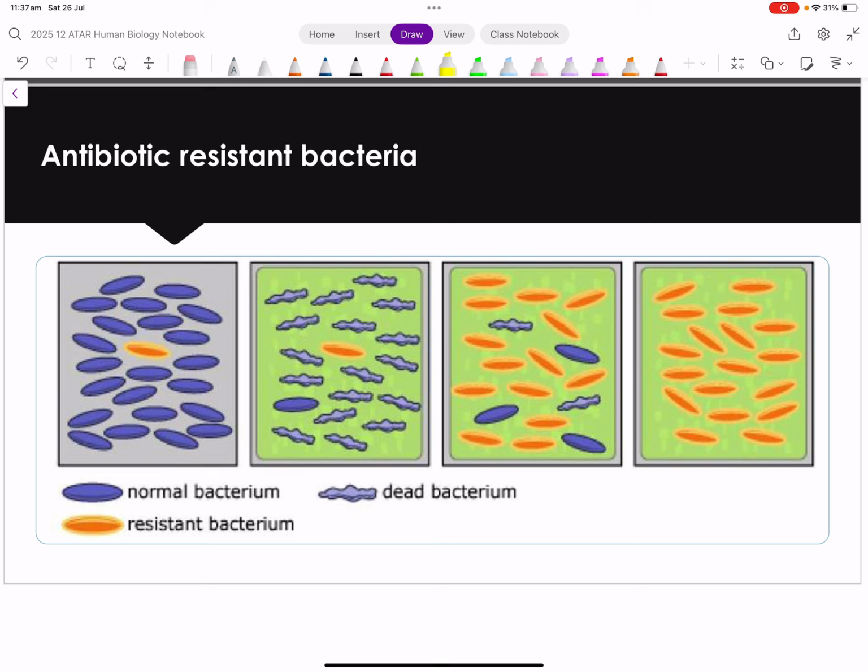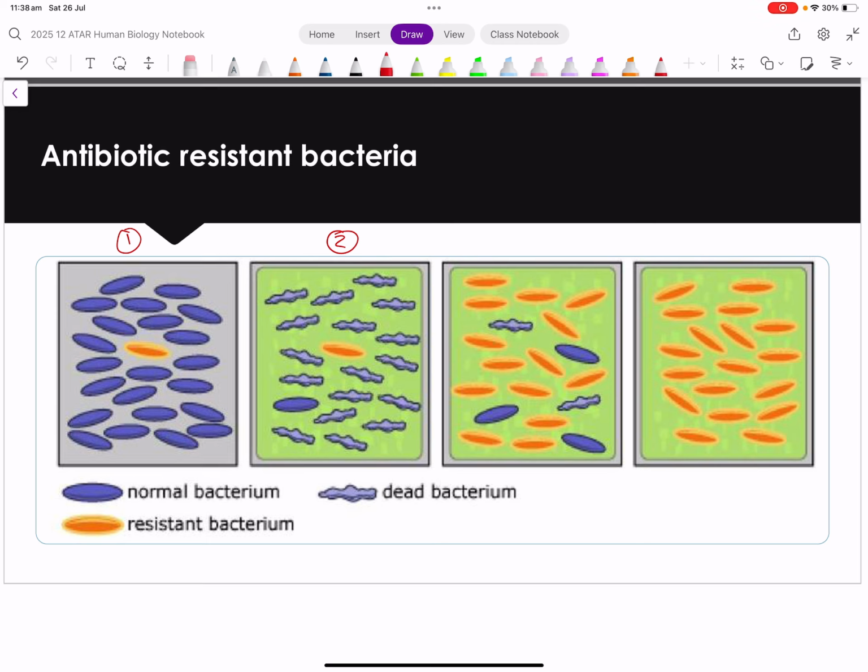Finally, probably one of the most common ones today, scarily, is antibiotic-resistant bacteria. Over on the left, you can see that we have mostly normal bacteria and one bacterium which is resistant to a particular antibiotic. In our second slide here, we can see that we've now applied a particular antibiotic to this group, represented by the green background. What's happened as a consequence is most of the bacteria have died out. The one resistant bacterium has survived, and there's also been one normal bacterium that survived as well.